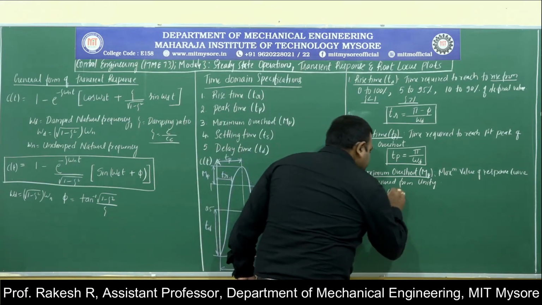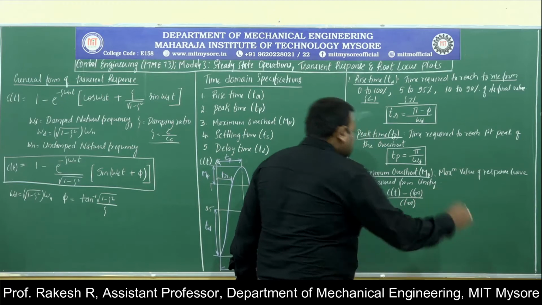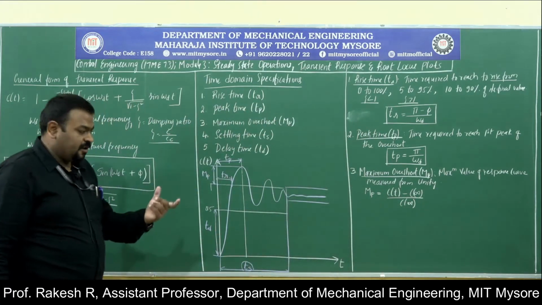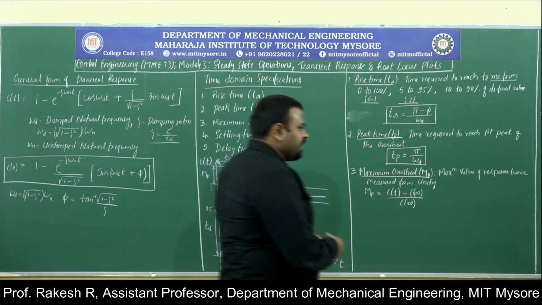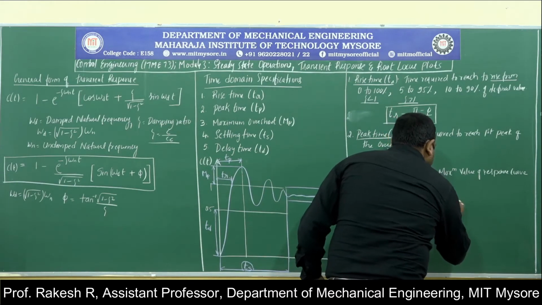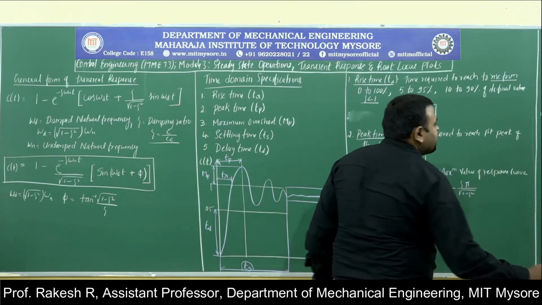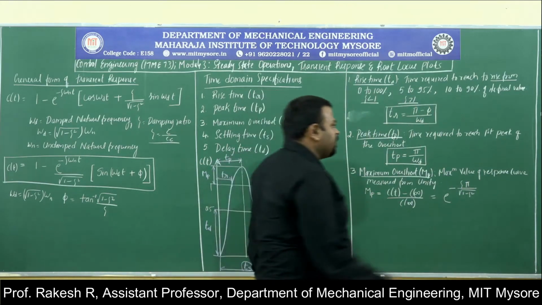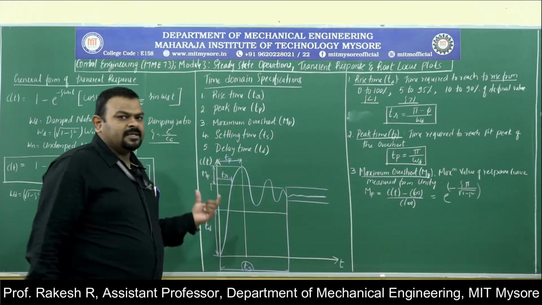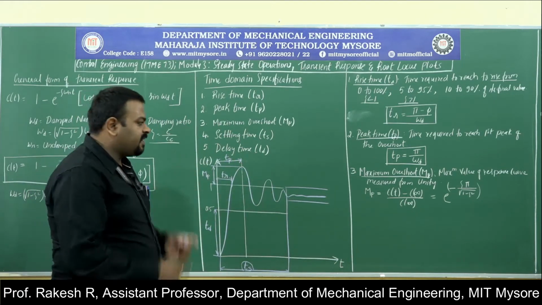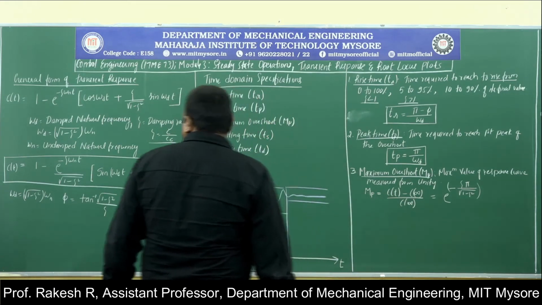The reference is C of t minus C of infinity divided by C of infinity. C of infinity is the steady state response output. C of t is the time response output. So with respect to steady state, we will take it, and this is also equal to e to the power of minus zeta divided by square root of 1 minus zeta square into pi. This is another expression for maximum overshoot. So we will take the transient response and steady state response, compare them, and take the percentage of those. That is nothing but the maximum overshoot.